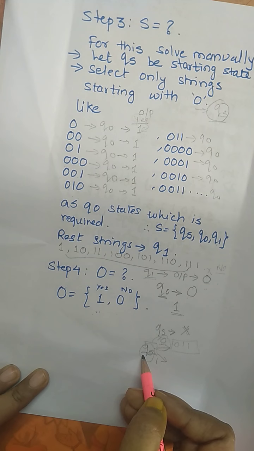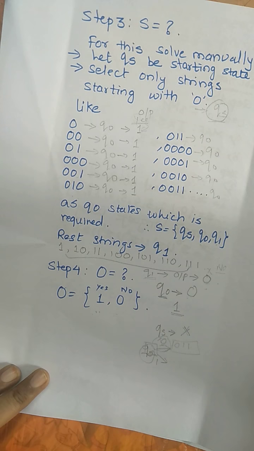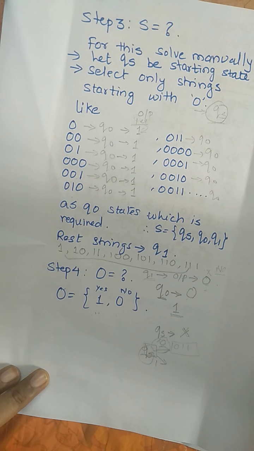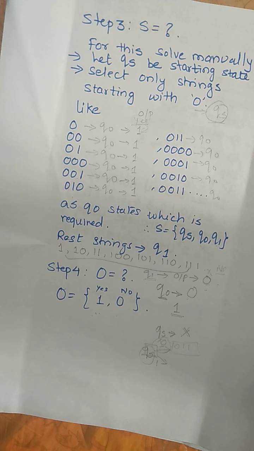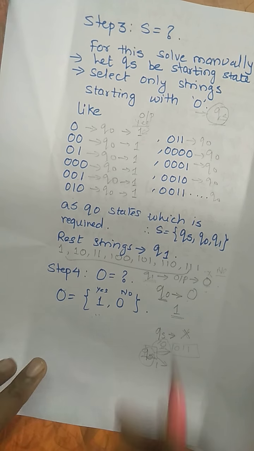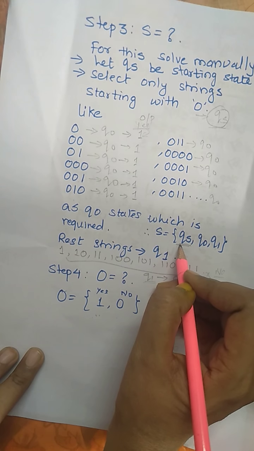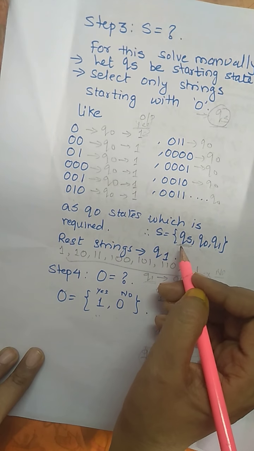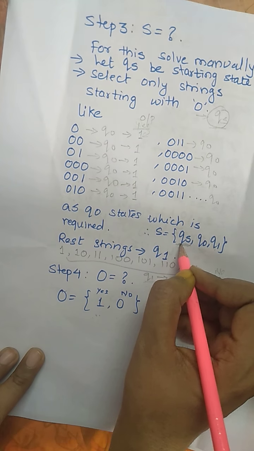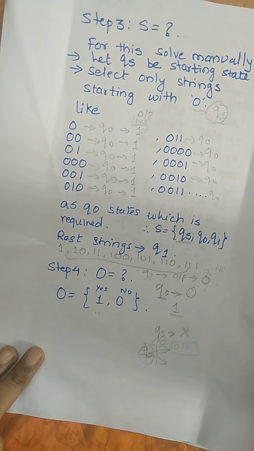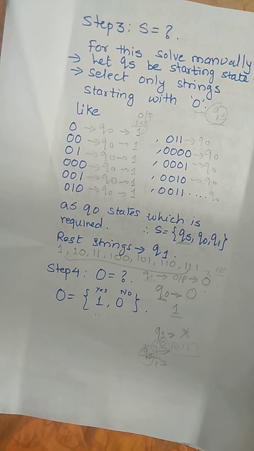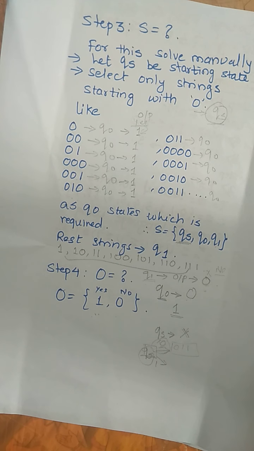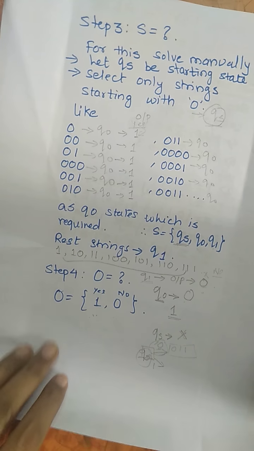QS is the initial state generating no output, neither no nor yes, because it is the state in which we have not considered any input bit. If we do not consider any input bit, there will be no output. So QS is a special state which is not generating any output because it is not accepting any input. We can consider QS as only the startup, waiting for the bits to arrive. As soon as the bits arrive, we are going to generate the output symbol.